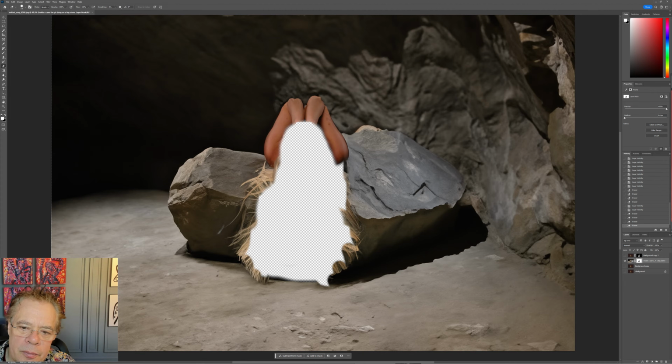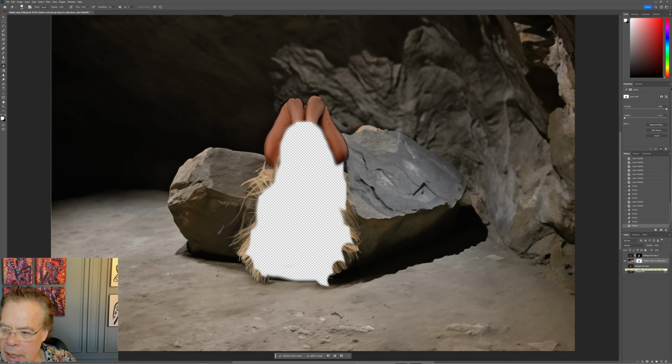And I have now, this is what I want of the layer created by